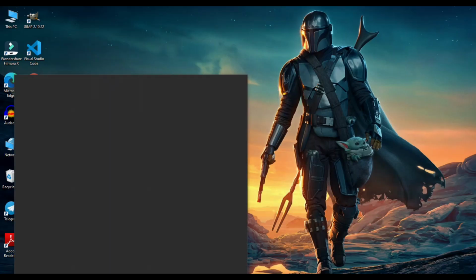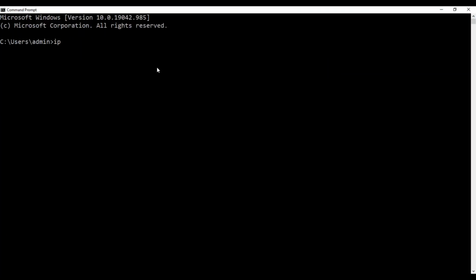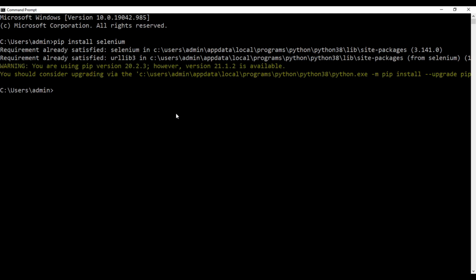First of all, you need to install the Selenium library. Go to your CMD and type pip install selenium to install this library. And this is one requirement, and another one is the WebDriver. You have to download the WebDriver separately and it doesn't come with the Selenium installation. There are some conditions you have to know before we download the WebDrivers.